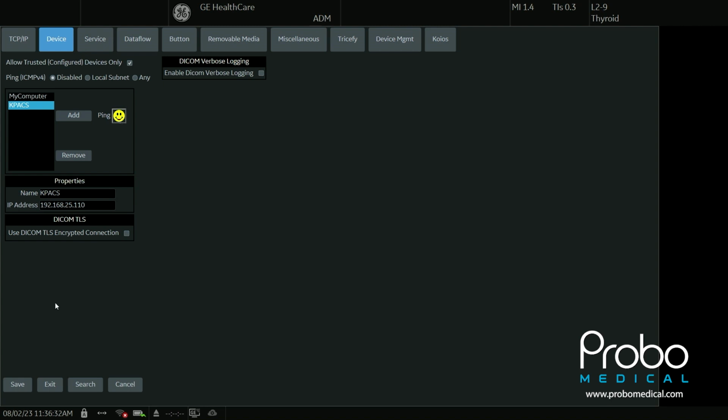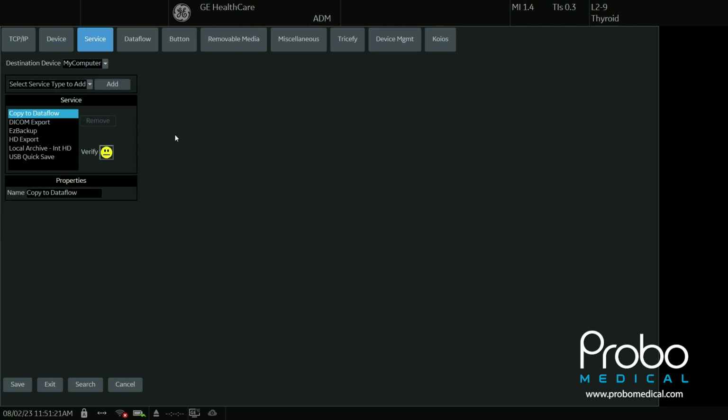So at this point, we're going to click Save again, and we are going to go ahead and reboot the machine, and we will continue on the Service tab. All right, now that we are in the Service tab, this is the point at which we are going to tell the ultrasound system what the server is, or maybe even servers are, that you entered on the device page. So on the device page where we entered the IP addressing, now we're going to enter the